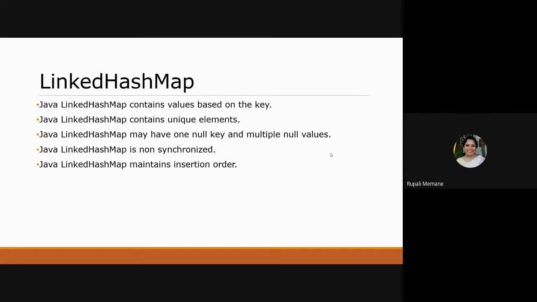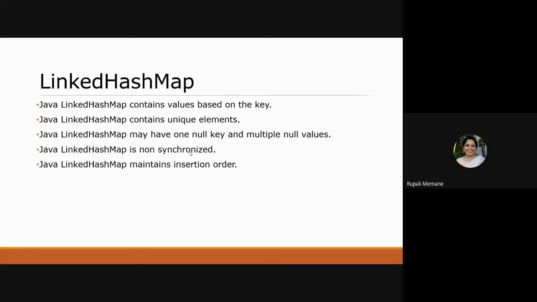That means I create the classroom. I just say the classroom is ready, but there are no keys. That means there are no roll numbers which are assigned to that. So I can create a values link. Now linked hash map is non-synchronized. I think we have understood the concept of synchronized and non-synchronized in the previous session. So just remember, linked hash map is non-synchronous and it is going to maintain the insertion order. So these are the basic key features of your linked hash map.